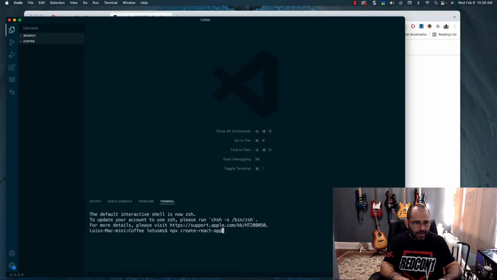Now for today's example, I'm going to put create-react-app@5.0.0 and then name it whatever I want to name it, which in this case I'm going to name Coffee App. So this is what I'm going to do